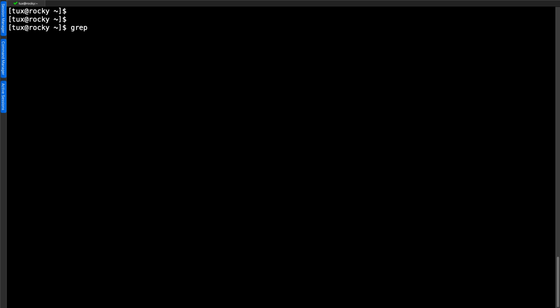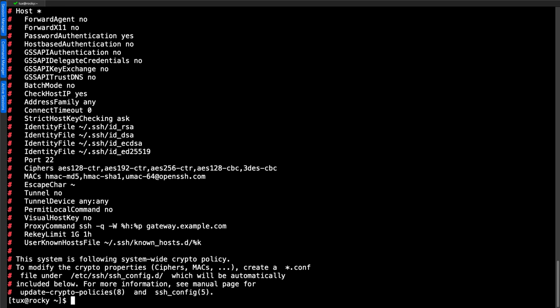Let's go through and take a look at adding in some simple regular expressions. If I go through and run my grep, and here, rather than looking just for text, I'm using the caret or the hat symbol, which means lines beginning with. And if I want to look at commented lines, I can look at lines that begin with a comment. If I then go through and take a look at this, let's say from the standard SSH client configuration file, we're able to see then all of our commented lines.